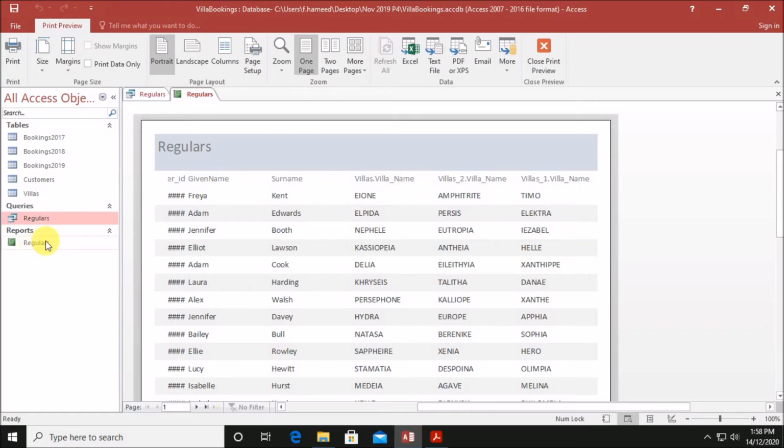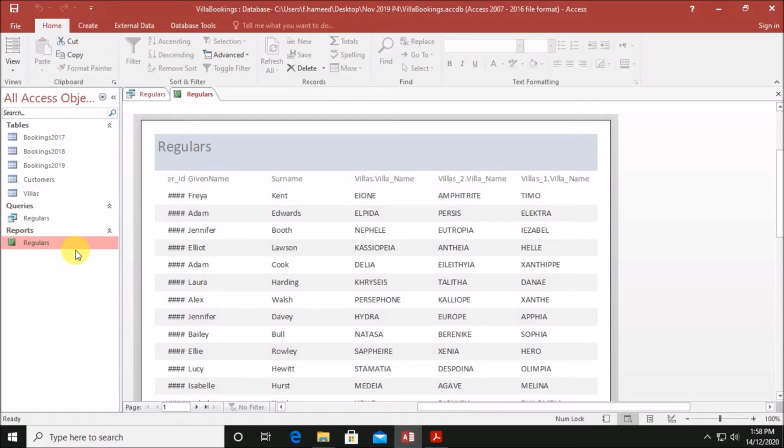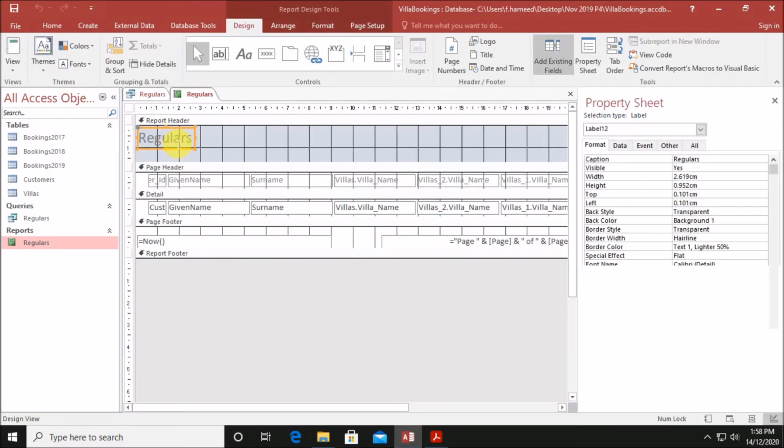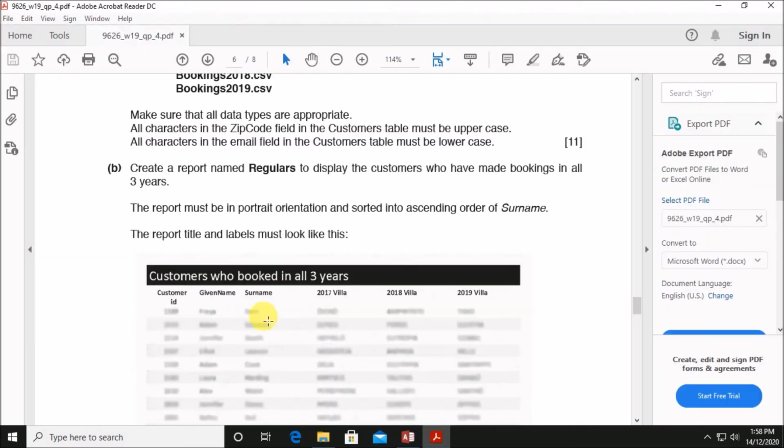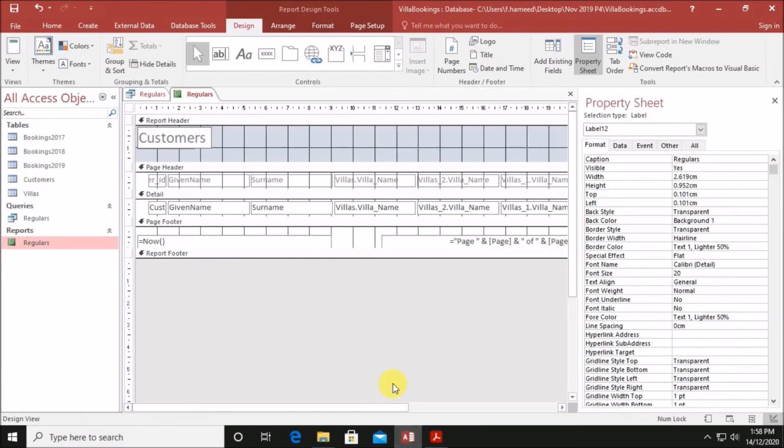So we got the report called regulars here. Now go to the design view. Let us change the title. Customers who booked in all 3 years.